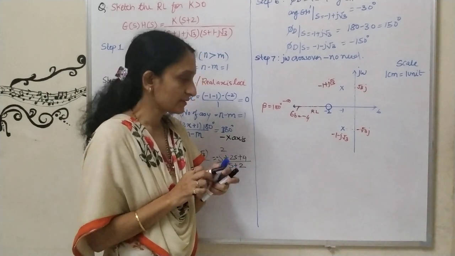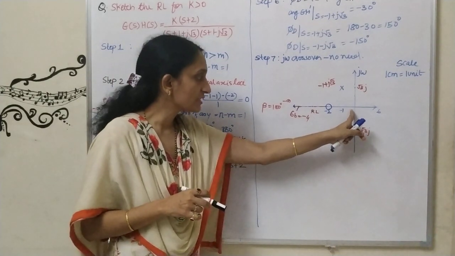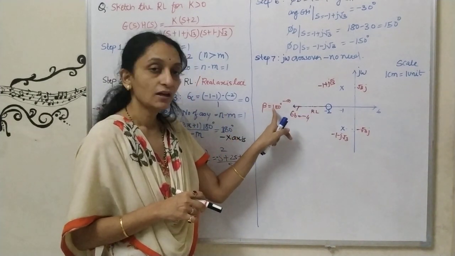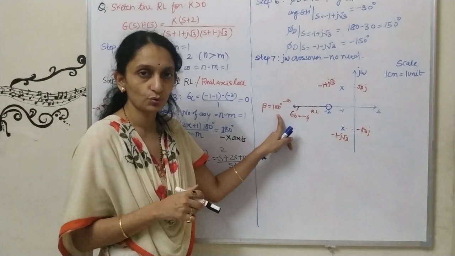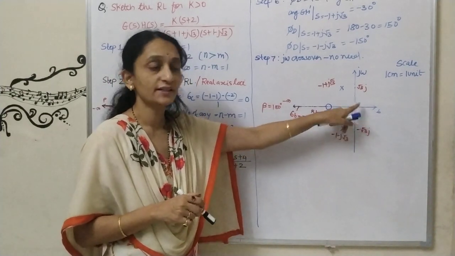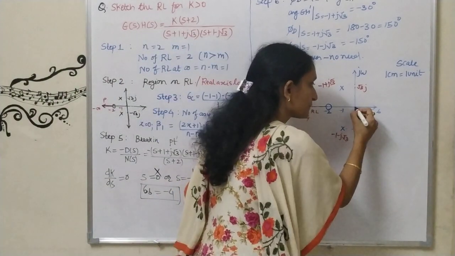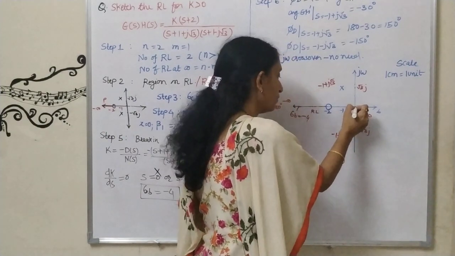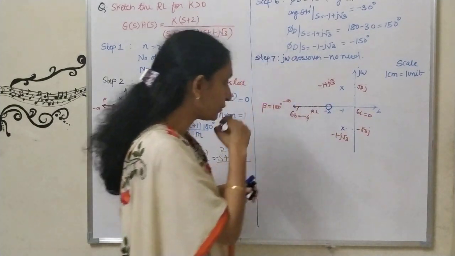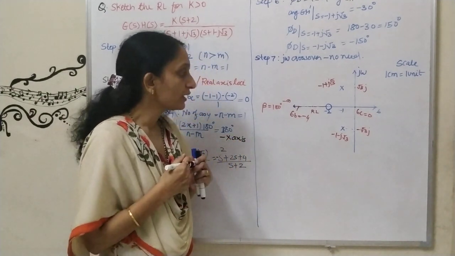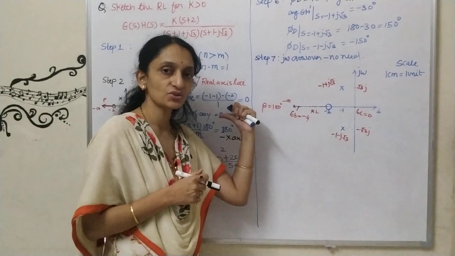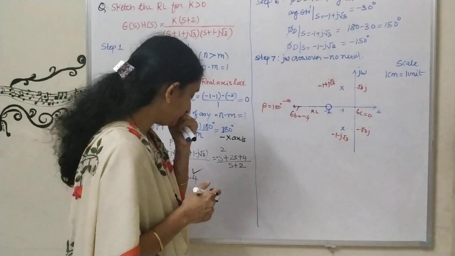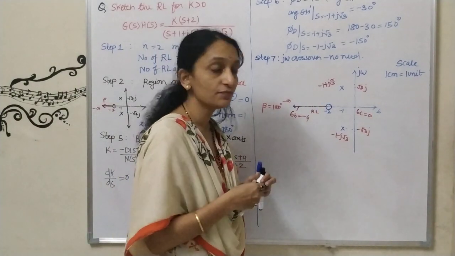Okay, now next, as I know that this asymptote is moving towards left, that is, this negative x-axis itself is an asymptote. So no need to show here centroid sigma c as 0. See here, this point itself, sigma c is equal to 0. It shows that the asymptote is starting from the origin and it is going towards 180 degree. Okay. Now next, as the asymptote is going in this direction, it is not intersecting j omega, so I have not shown it here.